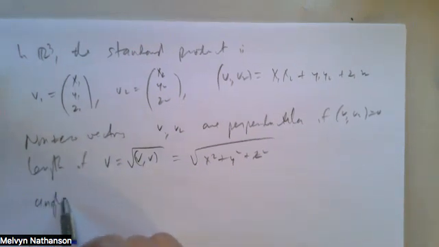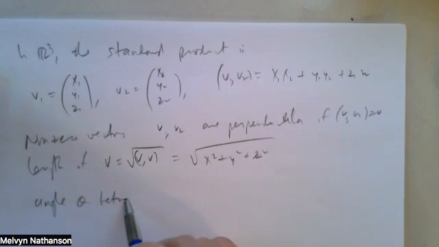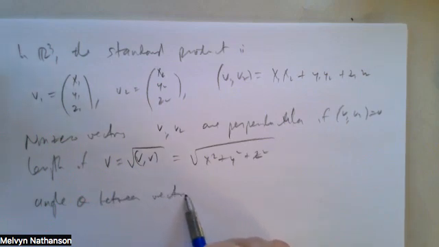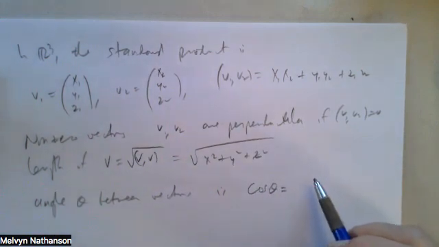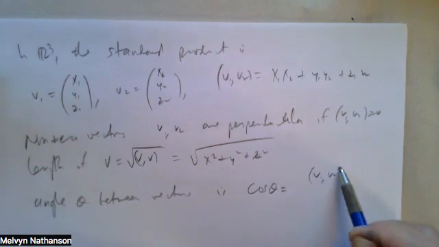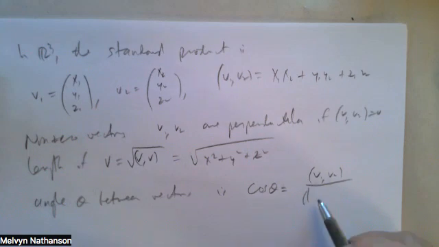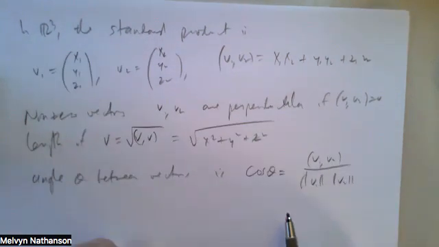The angle theta between vectors is given by the cosine of theta being the inner product of the two vectors divided by their lengths. And this, in fact,